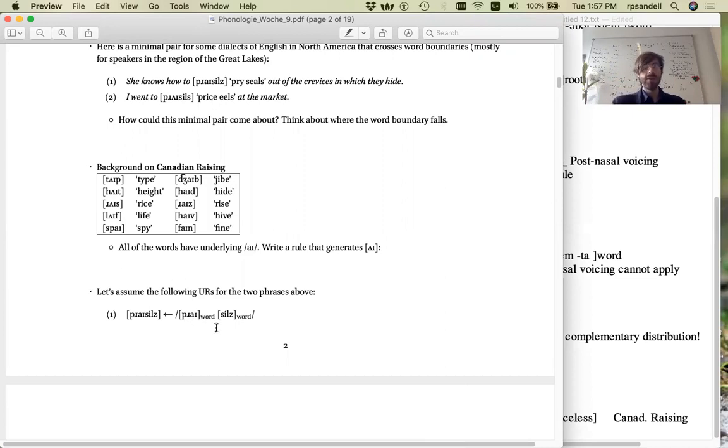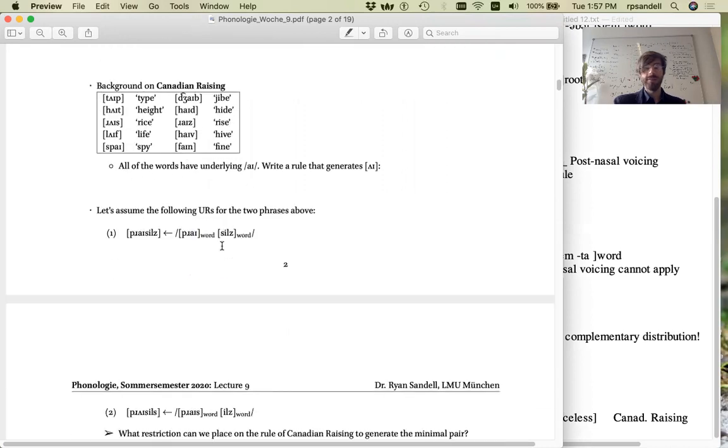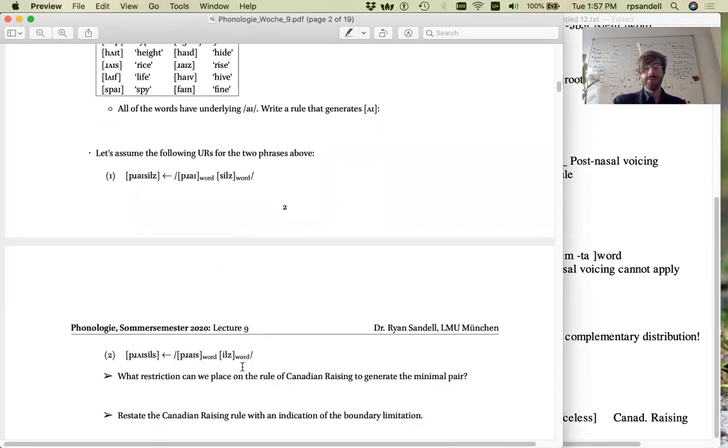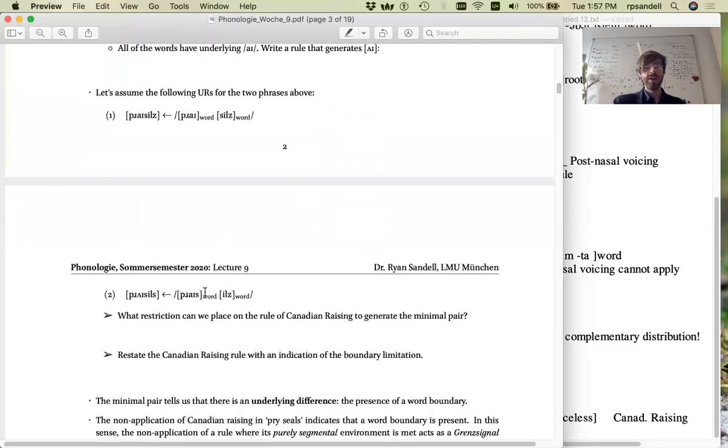Where in the first instance, we have a word boundary between the word "pry", to pull out, and "seals". There's a boundary between the diphthong [aɪ] and the segment [s]. But in "price eels", there we have the [aɪ] and the [s] falling within the same morphological word. So on the surface, they give the same,